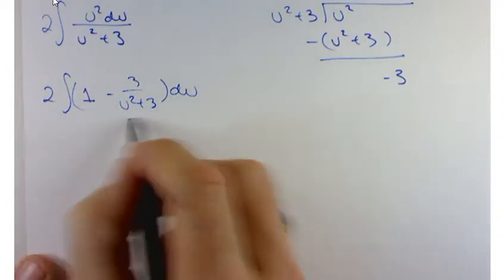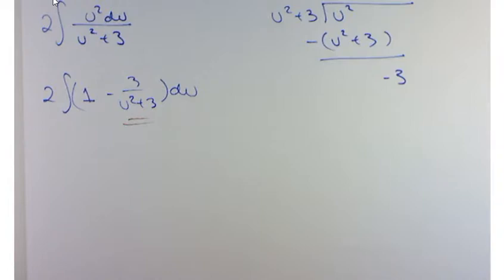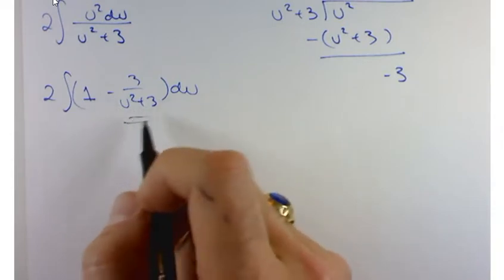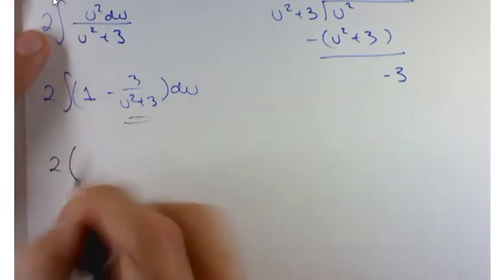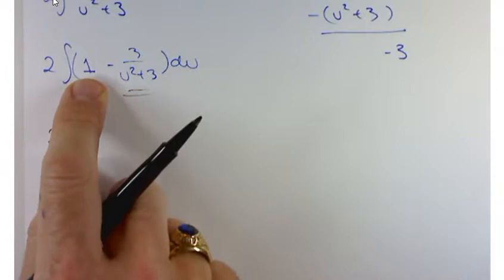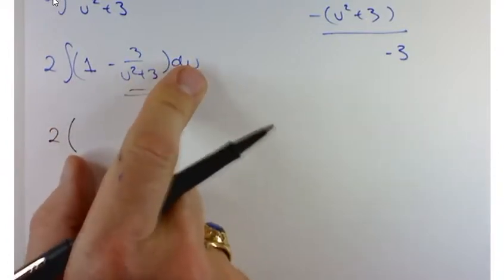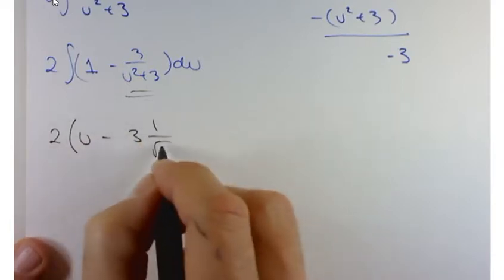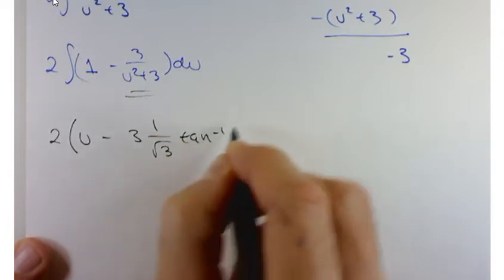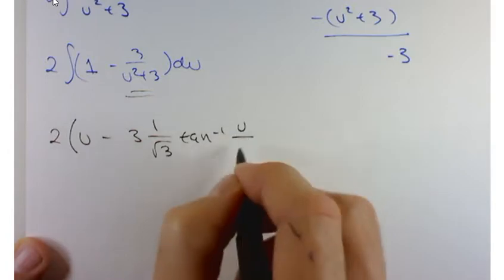I'm thinking about this part right here. One of the inverse trig functions. Thanks, Hans. Yeah, this is going to be your arctan right there, right? It looks a little different, but it's going to be an arctan. So, 2, what's the integral of that first one? u minus 3 times 1 over the square root of 3 tangent inverse of u over the square root of 3